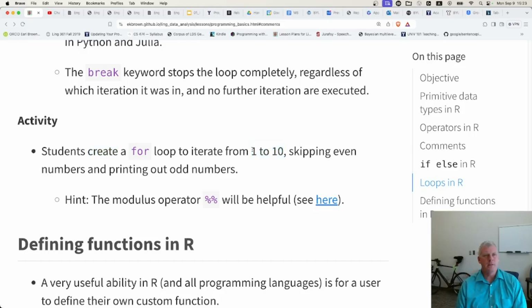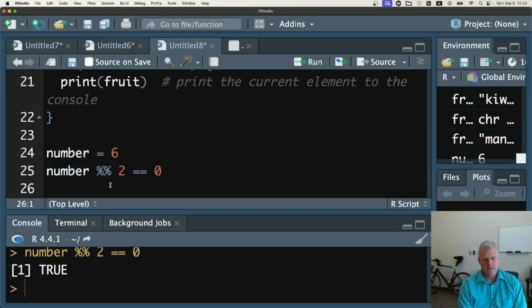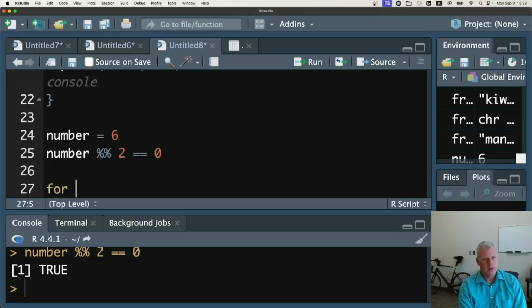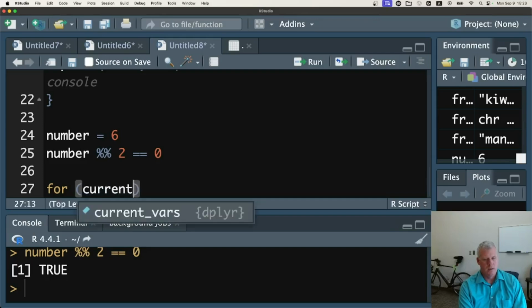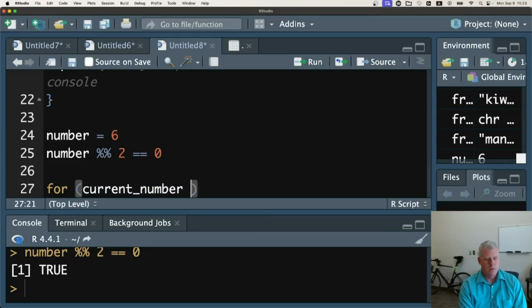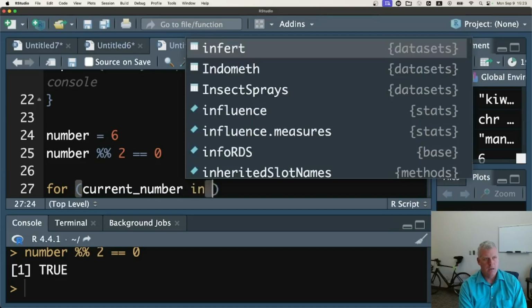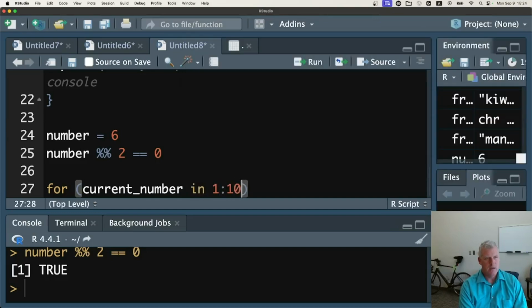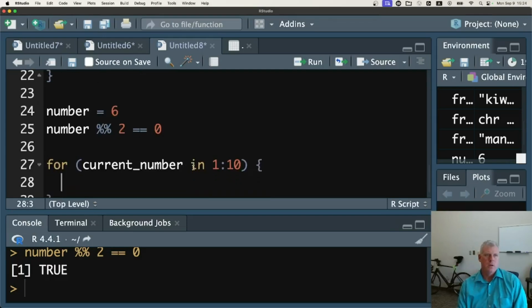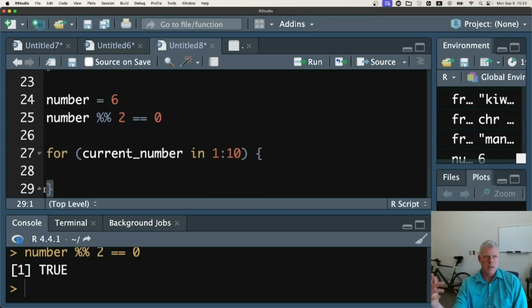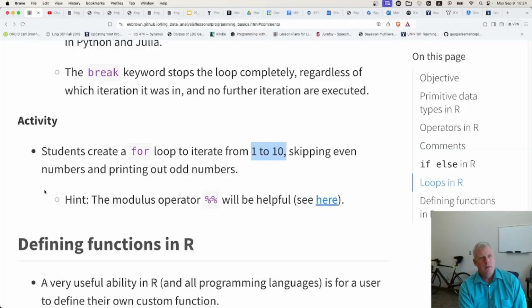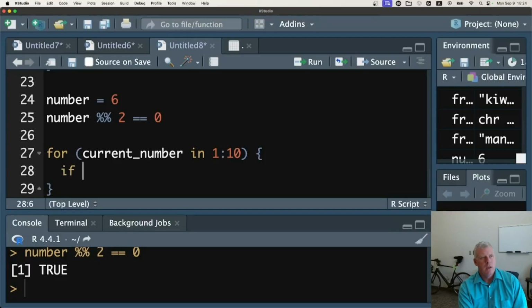I didn't mention that a way to do a range from one number to another number is with the colon. So let's try this. Let's do for, open parentheses, current number in 1:10, and then open curly brace, enter on the keyboard. It pushes the closing curly brace down there. Good. And then we're going to say if current number